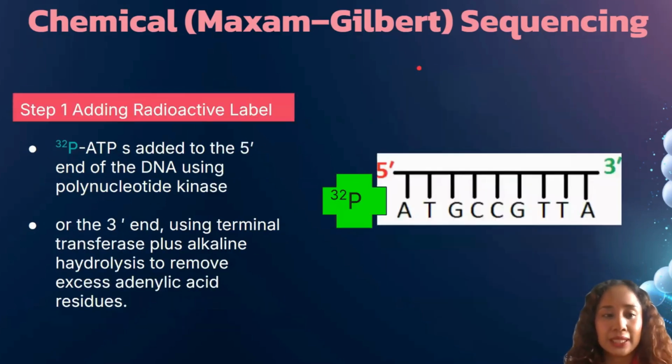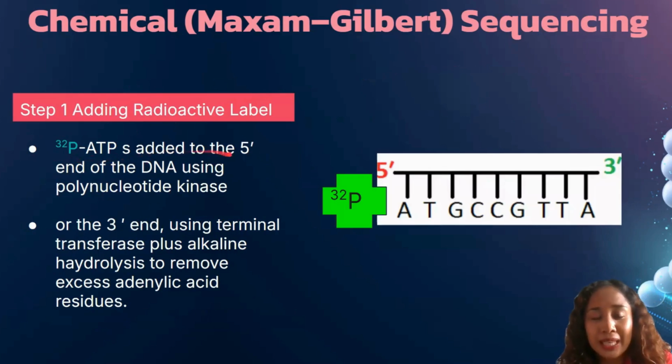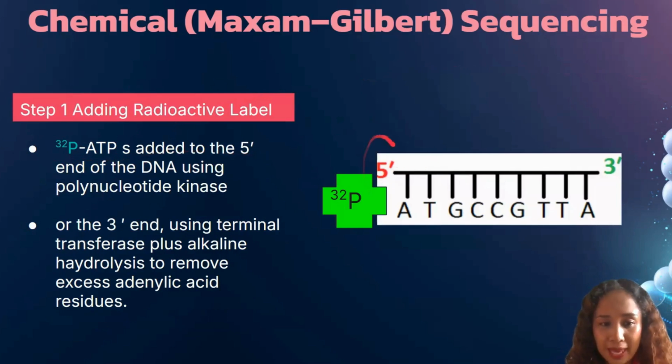So step 1 is adding your radioactive label. Back then, they used phosphorus-32 and added phosphorus-32 ATP at the 5' end of the DNA using polynucleotide kinase.